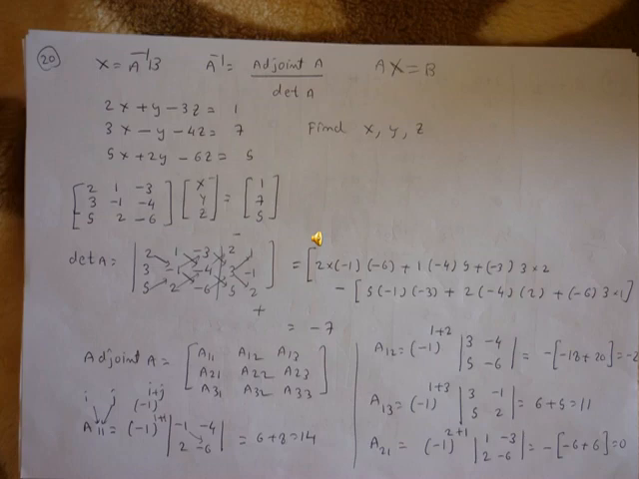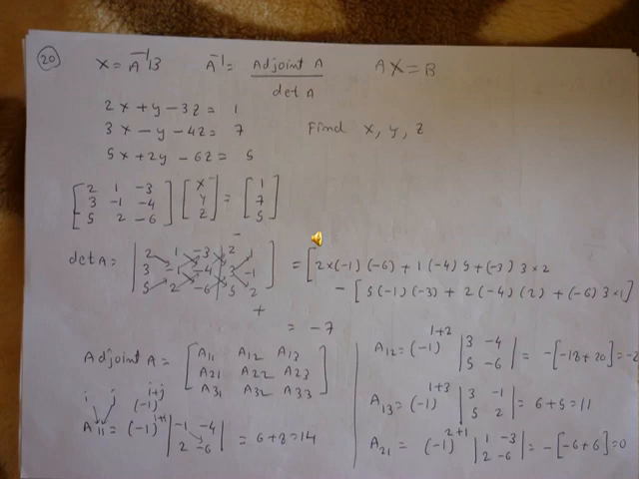So 14 multiplied by 1 plus minus 6 multiplied by 3 plus minus 7 multiplied by 5. This is the first row. And the second row will be minus 2 multiplying 1 plus 3 multiplying 3 plus minus 1 multiplying 5. And then the third row will be 11 multiplying 1 plus minus 1 multiplying 3 plus minus 5 multiplying 5. So finally the rows are 14 plus minus 6